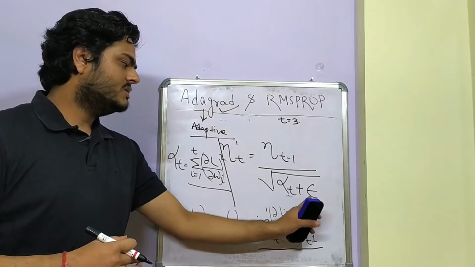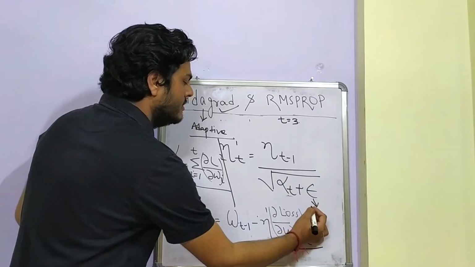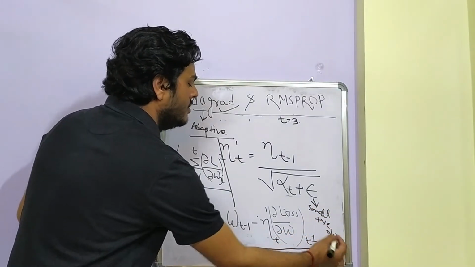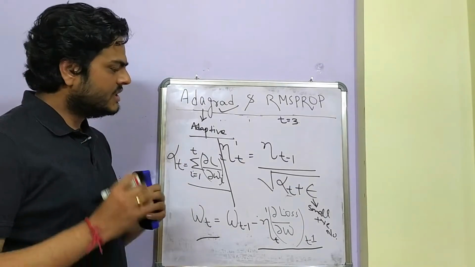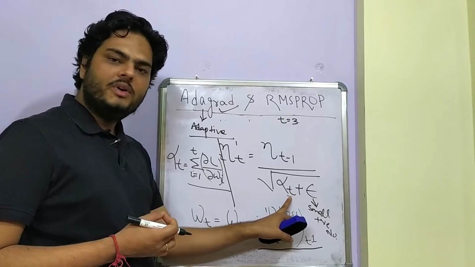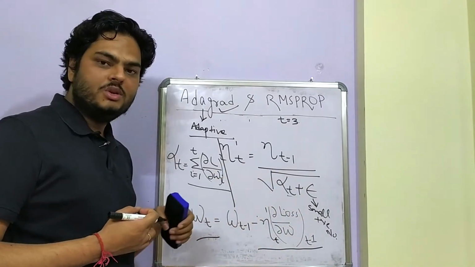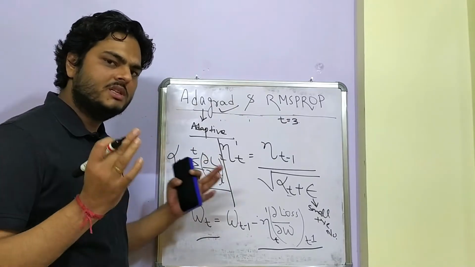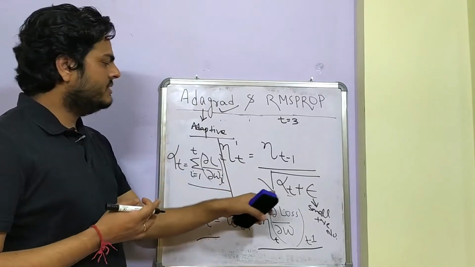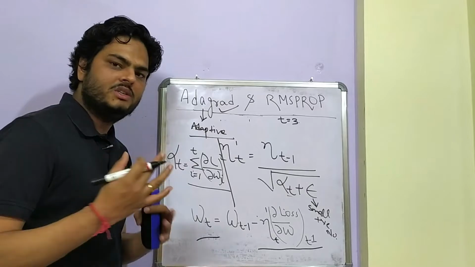What is the use of this epsilon here? This epsilon is a small positive number. Imagine if sometimes your alpha t becomes very low. We do not want this denominator to be absolutely 0, and that is where, just to be on the safe side, we add an epsilon saying it should never be 0, because if it's 0, this number will be infinity, and then this equation will move in a different direction altogether.